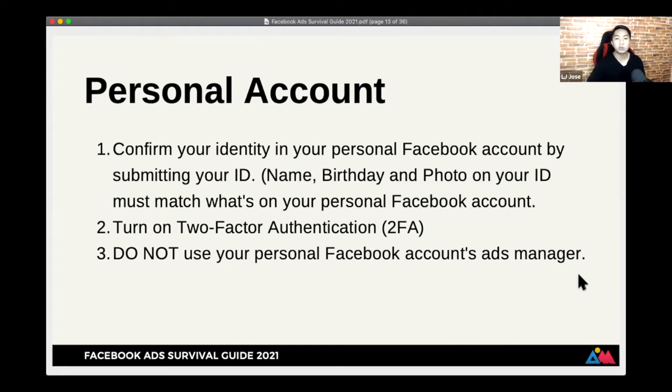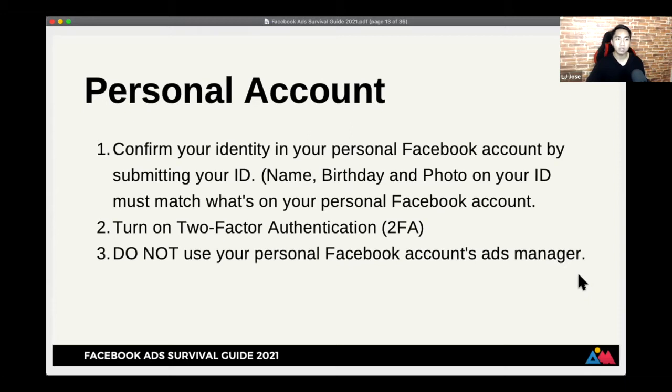Okay? So yung name mo, your birthday, and photo on your ID na isasubmit mo, may listahan naman si Facebook ng mga IDs na pwede. Usually yung mga internationally recognized na mga IDs like passport, driver's license, and so on. So yung information doon, it must match what's on your personal Facebook account. So kung ano yung nakalagay na name mo doon, yung birthday, and yung profile photo mo sa personal account. Okay?